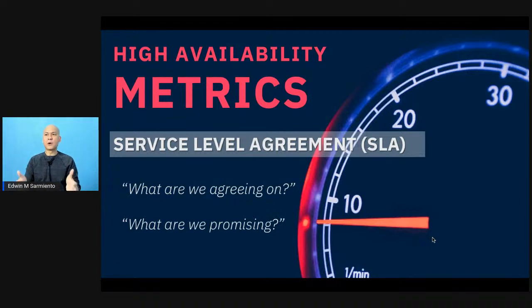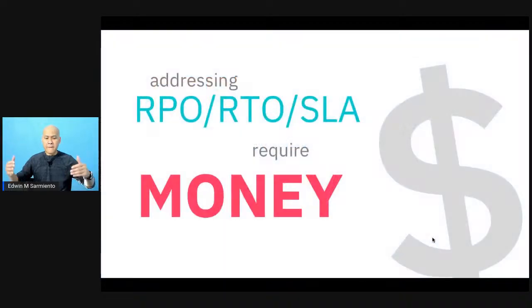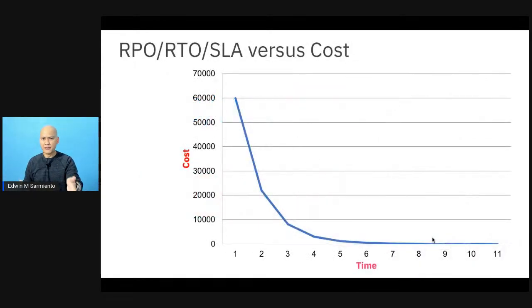Because these are the parameters that you have to work with in your conversation with the stakeholders, conversation with the people who would build the system, including you, conversation with your customers, whoever's going to use the system, because this is setting the right expectations. Okay. And addressing both recovery point, recovery time, and SLA require money. And that's why when people start asking about zero downtime and zero data loss, I always give them this graph. The closer you are to zero downtime and zero data loss, the